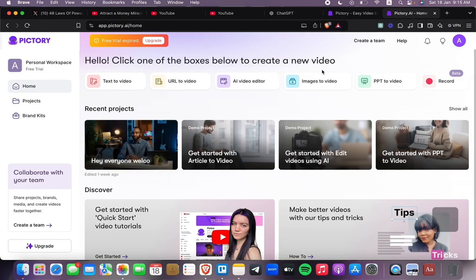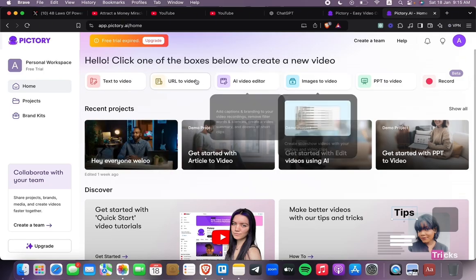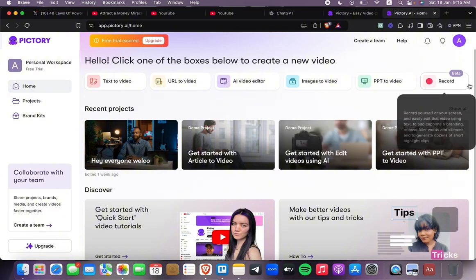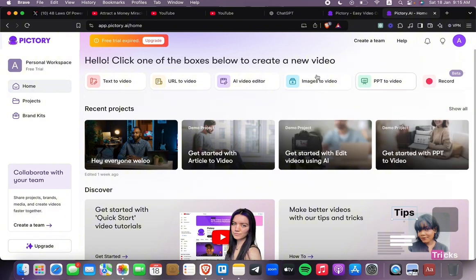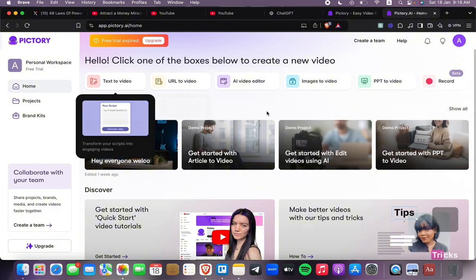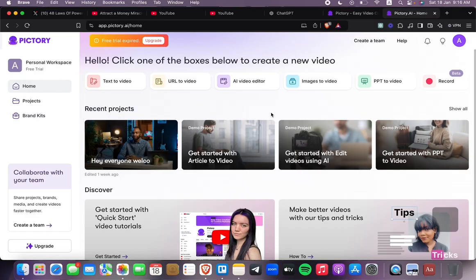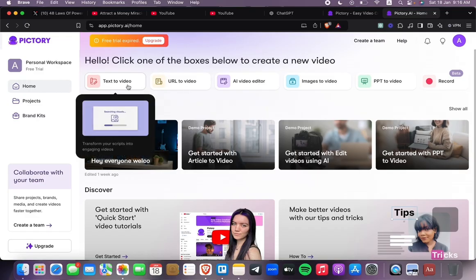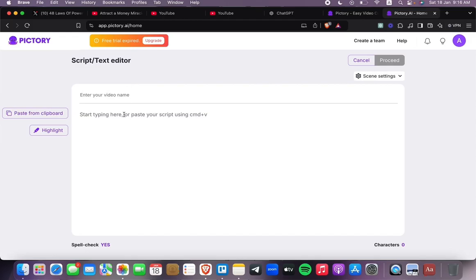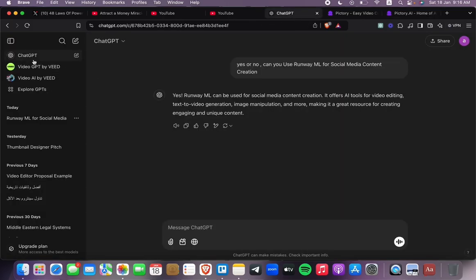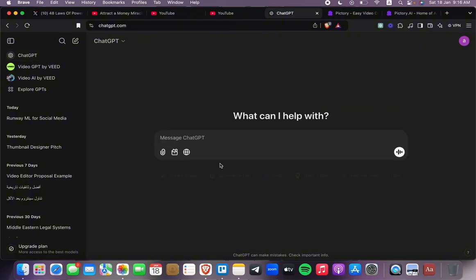Now, if you want to create video summaries, you can see right here the tools at the top to create a video, all right? So if you want to create automated video, you can go ahead right here and click text to a video, right? And of course, you're gonna type in your prompt. So in my case, I'm gonna go ahead and type something like script for